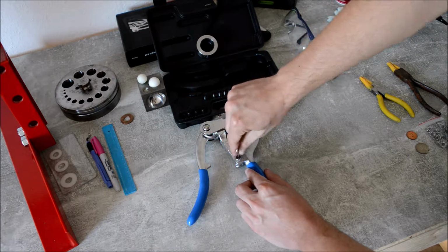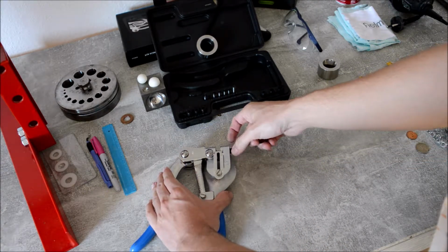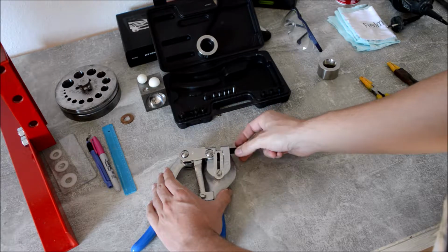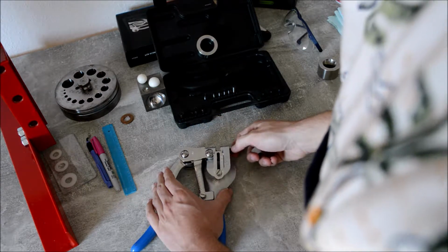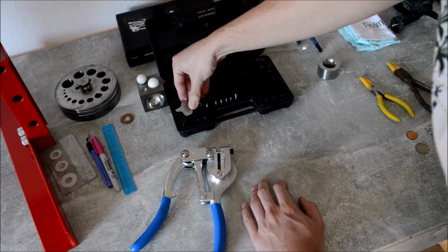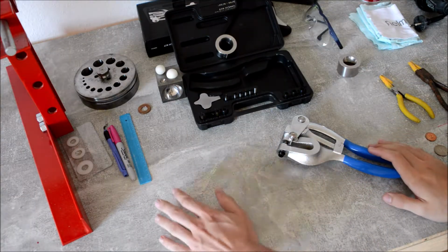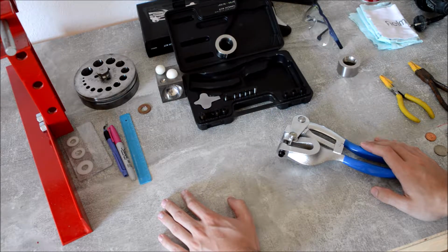So now we changed the punch, but we also need to change the other part. So that's really easy. Take it out. It's also screwed in. Next one. So it's not hard to change the punches. Okay, this is the part how to change the punches. So you can choose how big the holes should be. Okay, now I showed you kinda how to change punches, and now I will show you